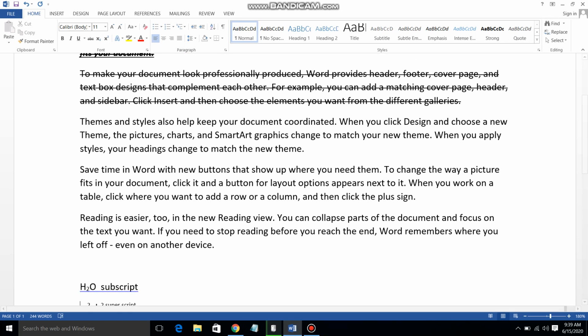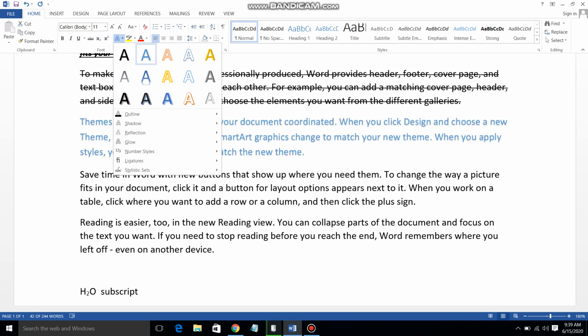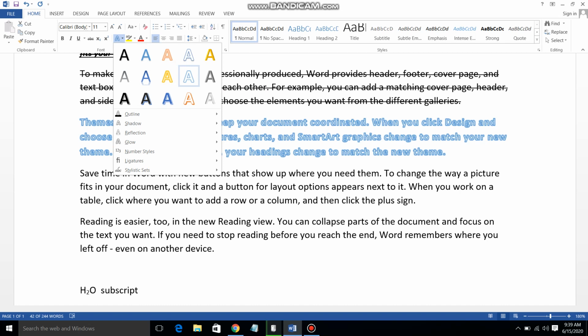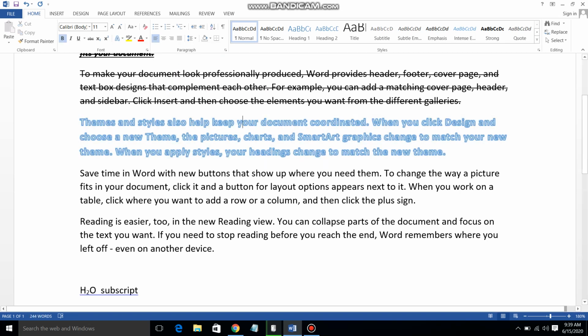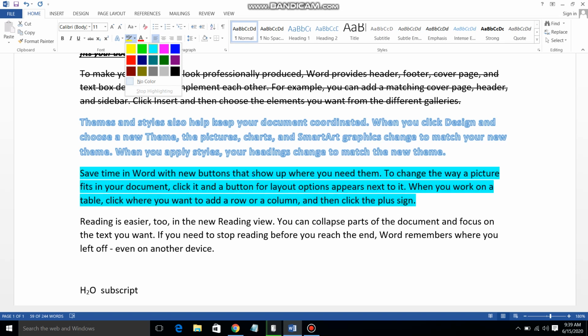Now the next option is text effects. Okay, first select this text and click here. See, you will get different styling formats, text styles. Okay, understand? So we get this kind of text. The next option is background color. So you will get the background color in this way. You can give the background color like this. You can select any color from here.